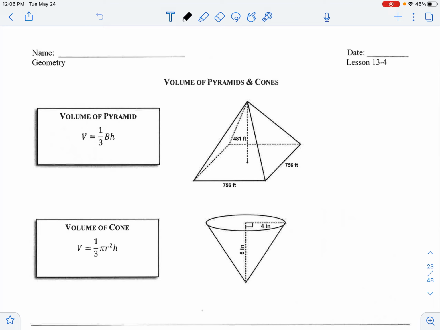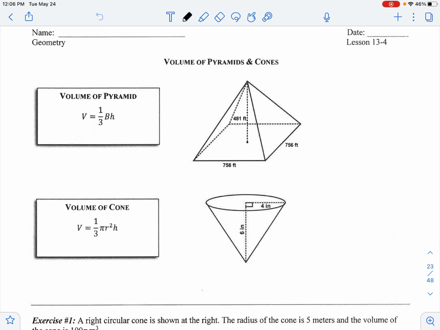Okay, so this is lesson 4, continuing with volume, but we're going to look at volume of pyramids and cones and kind of lump these together because they're basically essentially the same type of shape, except the cone has the circular base, but they meet at the top at a point. So you do get these on the reference sheet,